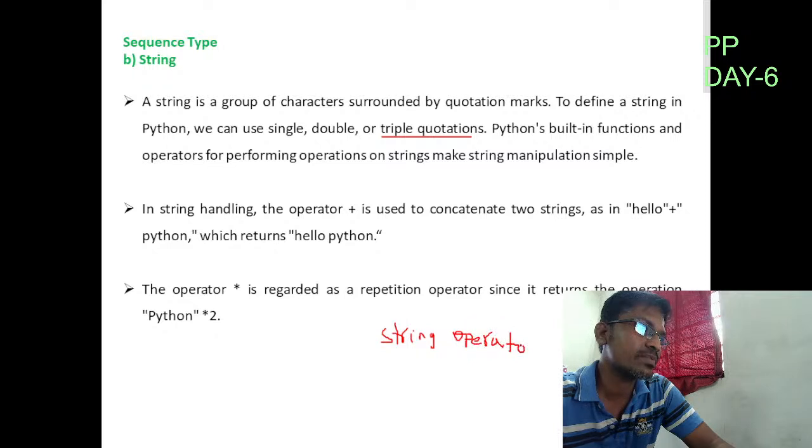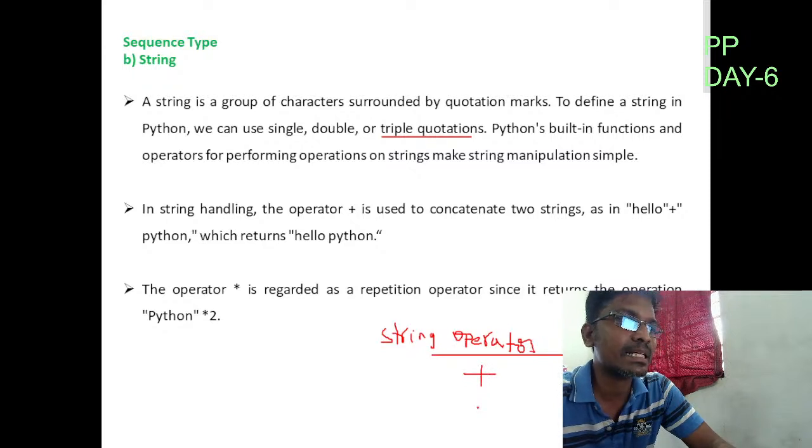The different types of string operators are: first, plus. Plus is the concatenation operator for two strings. Star is the repetition operator. Index, the square brackets, is the slicing operator. Square brackets followed by a colon is the range slicing operator. And also you have to use not in,